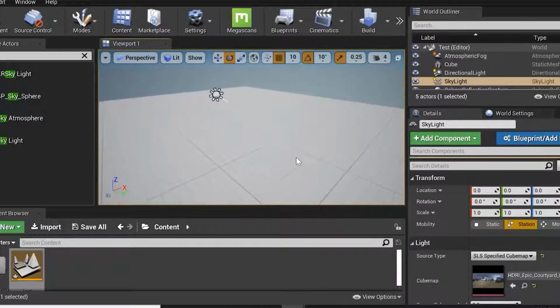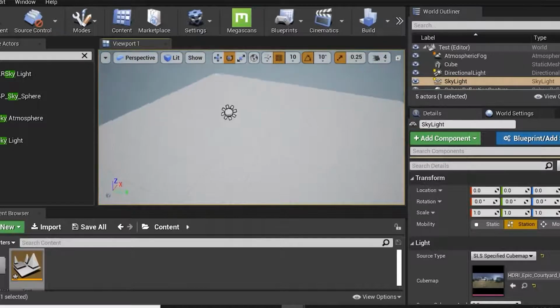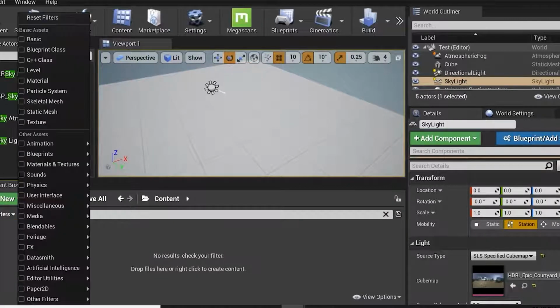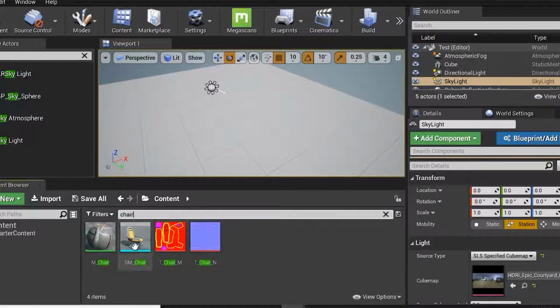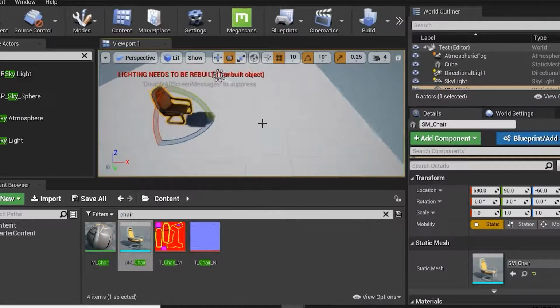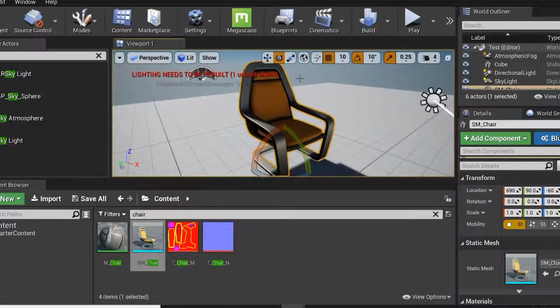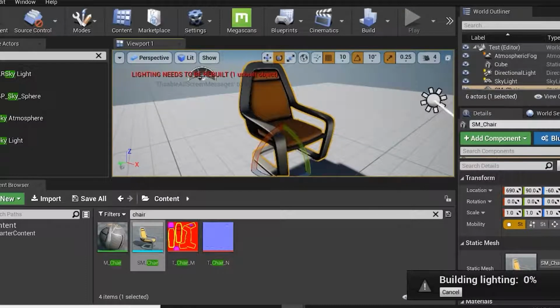Now if you see, if we open any project template, they have the same light setting that we have over here. Now I'll just import a simple chair in my scene. See, it's again asking, because whenever I cached that light, my object was not there. So every time I add an object or do some modification to my light or the object, I always have to do the light cache again.